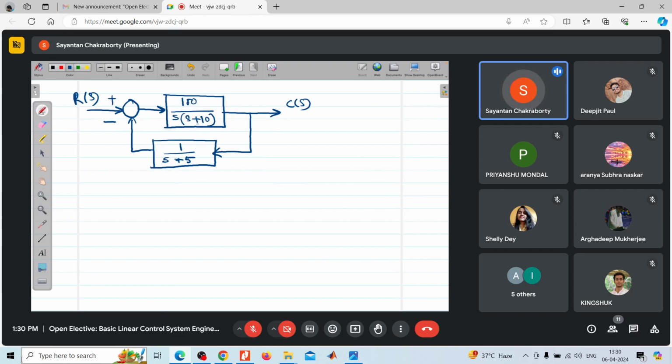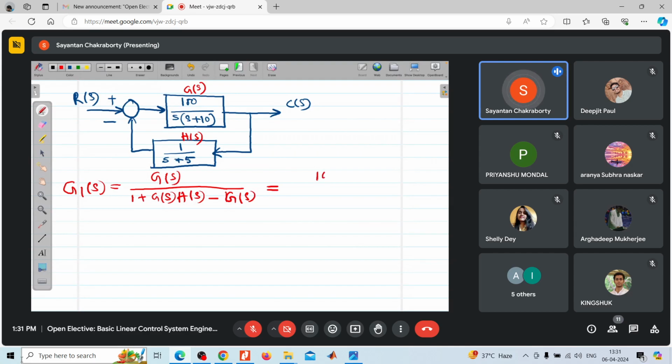তো দেখে এখন কি মনে হচ্ছে, দেখে তোমরা বলবে তো 10 100 বাই s ইন্টু s প্লাস 10 আছে, তাহলে এটা মনে হয় একটা টাইপ 1 সিস্টেম। দেখা যাক এবার তুমি যদি সেই g1s টা বার করতে যাও, দ্যাট ইজ gs বাই 1 plus gshs minus of gs, where this is your gs, this is your hs। এটা যদি করো, জাস্ট লিখে দিচ্ছি ফাইনাল ফর্মটা কি আসবে,